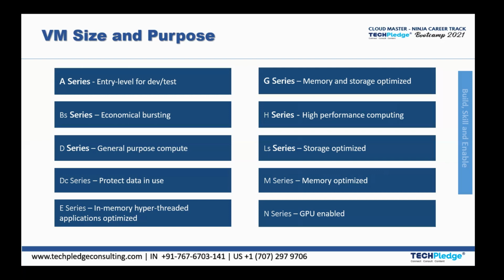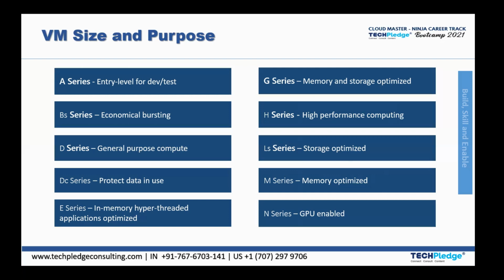If the purpose of your virtual machine is application hosting, or you want to use it as a platform for your application, go with the E series. G series is memory and storage optimized. If you are very concerned with memory and storage optimizing, leave all the other sizes and go with the G series. H series will give you high performance computing. Your performance would be very good, up to SSD. Obviously, if you are going with high performance and high frequency of machine work, you would be charged high. LS series is storage optimized.